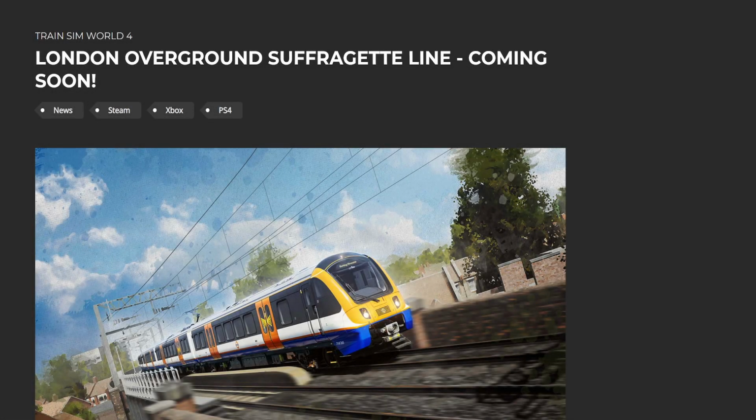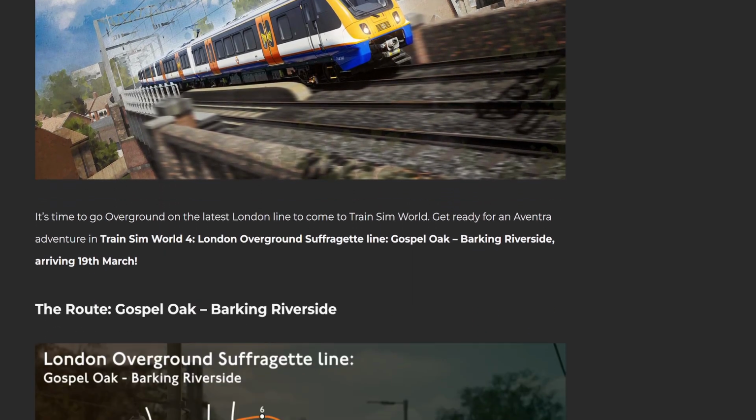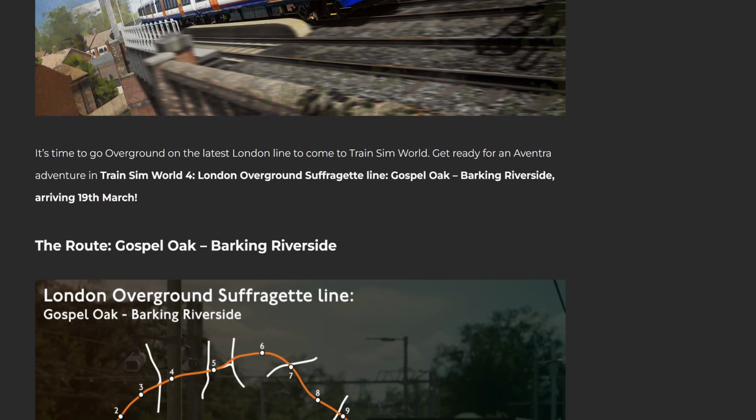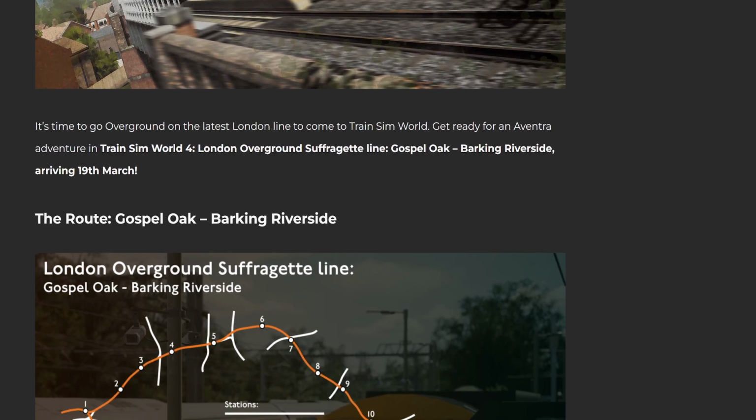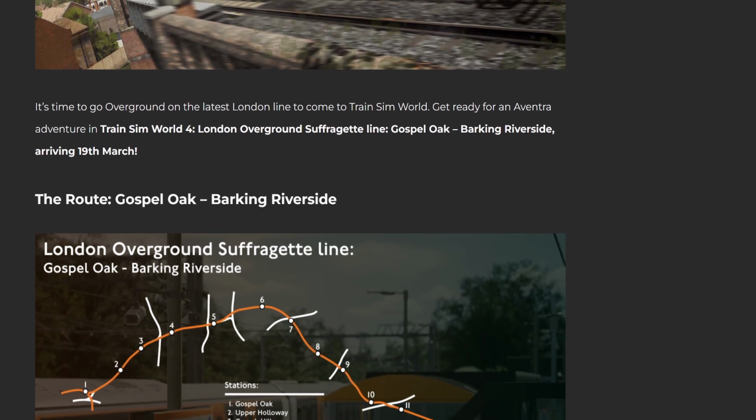London Overground Suffragette Line, coming soon. It's time to go overground on the latest London line to come to Train Sim World. Get ready for an Aventra adventure in Train Sim World 4, London Overground Suffragette Line, Gospel Oak, Barking Riverside, arriving